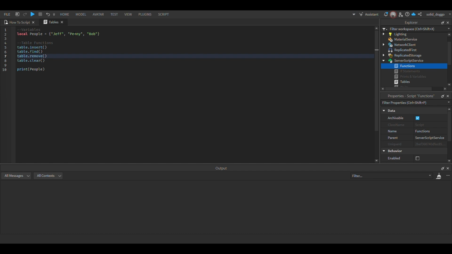Now, a table, I think of it as a box of information. So we have a variable here, and in these two curly brackets, which is what tables are identified as in Roblox, we have a whole bunch of names. We have Jeff, Penny, and Bob. Previously, if you wanted to have a bunch of names, you would have local name1 equals Jeff, and local name2 equals Penny, right? But using tables, we can shorten that all down into one variable called people,